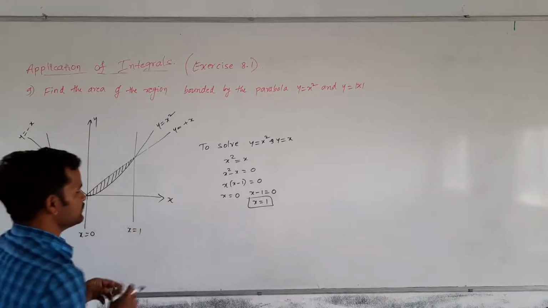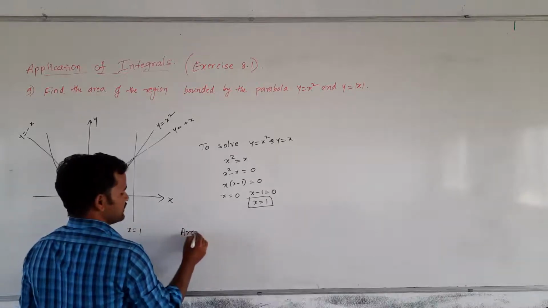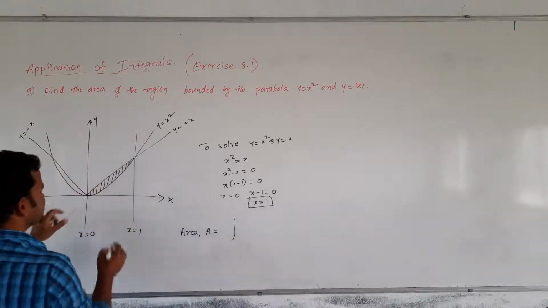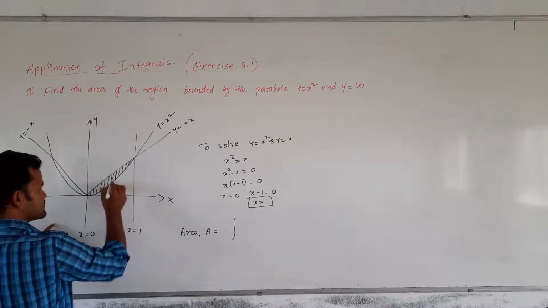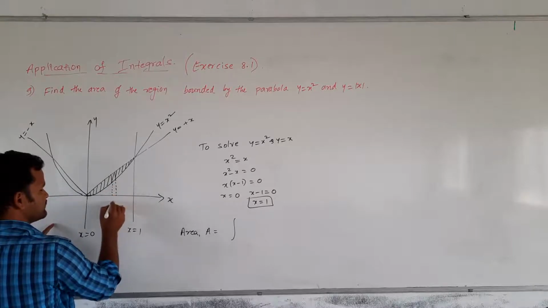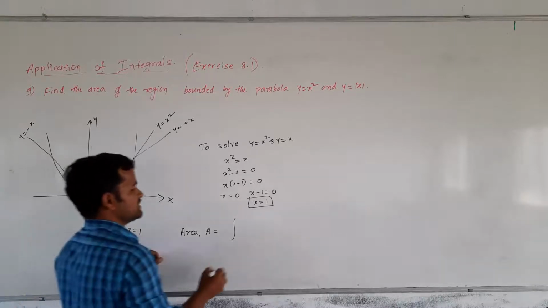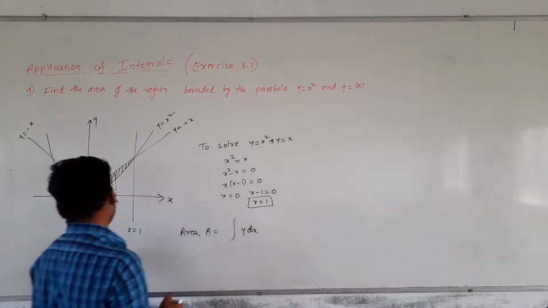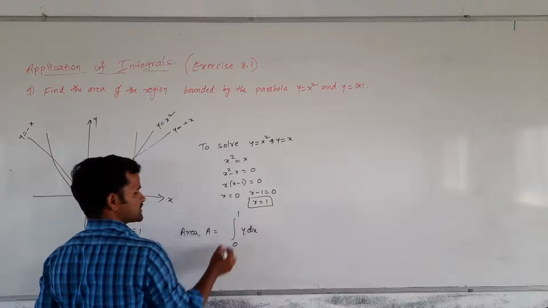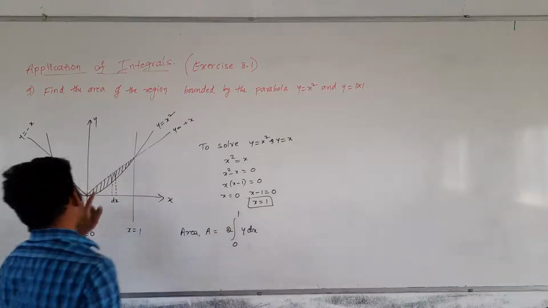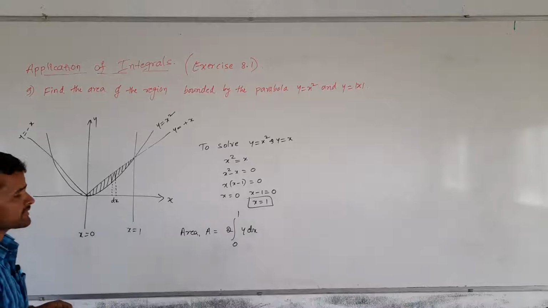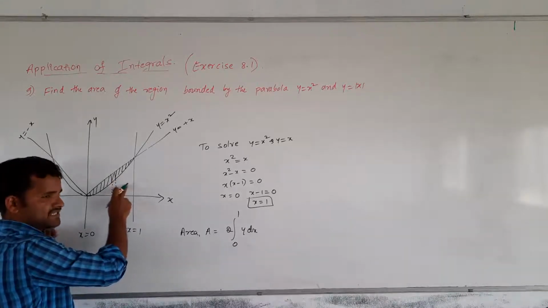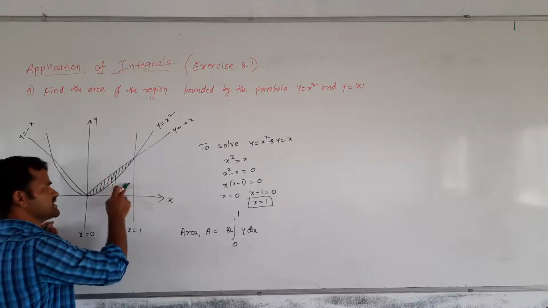Now here what we do, area A is equal to integration of, here you see we will consider vertical strips. What will come? dx will come. Means it is y dx, from where to where? From the line x is equal to 0 to x is equal to 1. How many times? 2 times. The same area is there on the left hand side also. But is y dx enough? No. I should not calculate this unshaded area. I have to avoid this unshaded area.